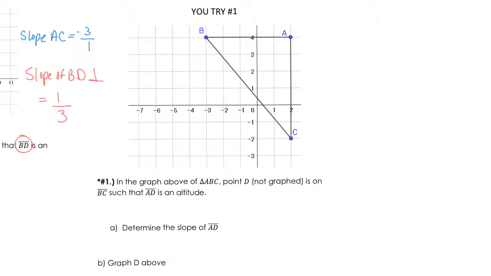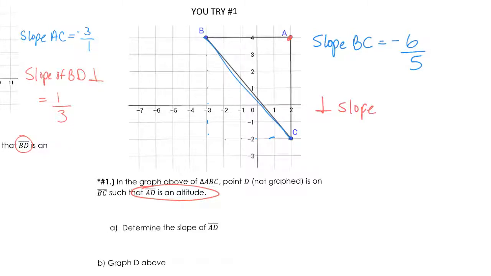answer. On this question, it's asking us to find the altitude AD. So I'm going from point A, and I'm going to intersect the side across from it. So I'm intersecting BC. So I need to first find my slope of BC. And that's down 1, 2, 3, 4, 5, 6 over 1, 2, 3, 4, 5. Down 6 over 5. So I know my slope of AD is going to be perpendicular. So my opposite